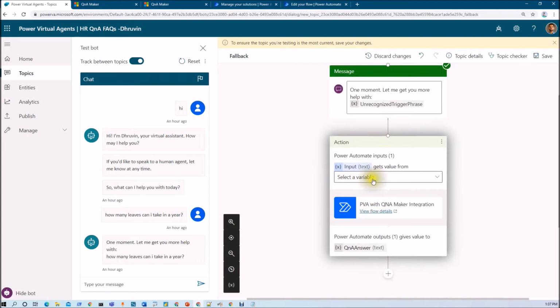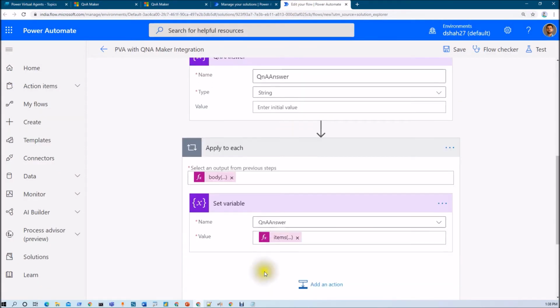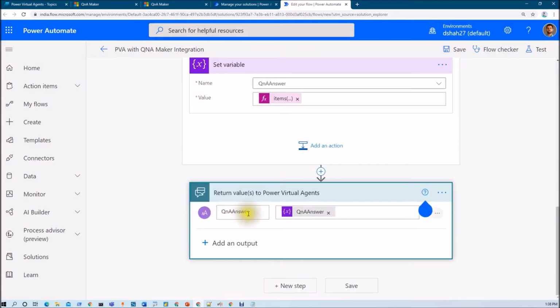Now we need to provide one input variable to our Power Automate flow. Whatever the unrecognized text is, we need to pass that over here. So from here just select bot.UnrecognizedTriggerPhrase. That will be passed to our Power Automate flow, which will call our Q&A Maker knowledge base. Now in response, from this flow we are getting the Q&A answer.